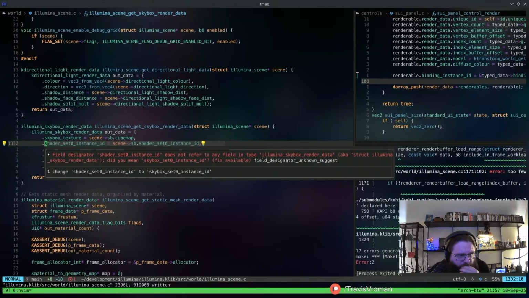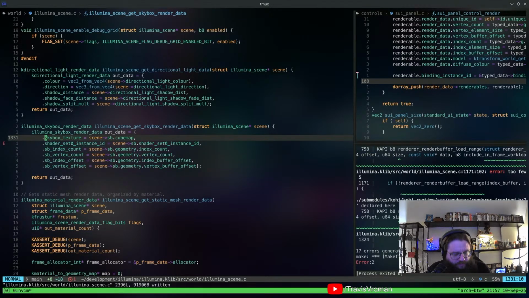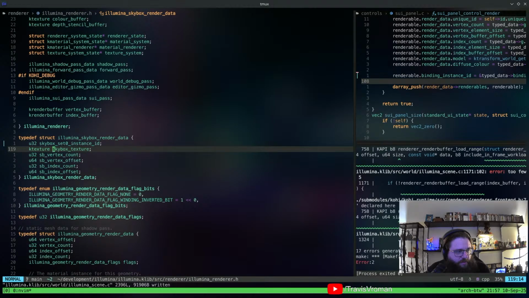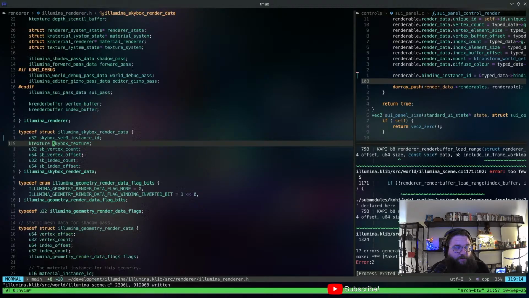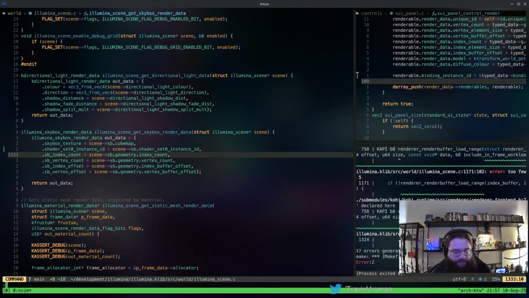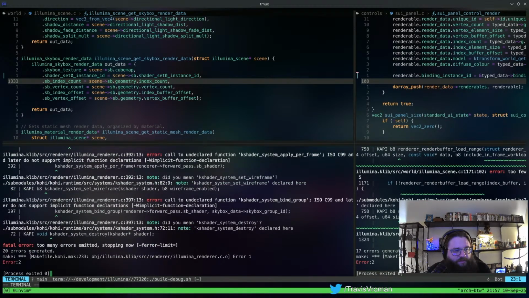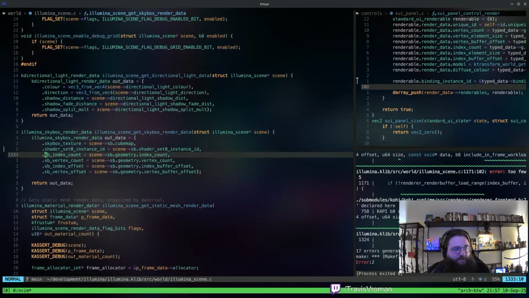What? Set 0 instance ID. What the hell did I call it? Oh, shader. Yeah, this should be shader. There we go. Okay. Wow, that's really it for here. Okay. That wasn't too bad, actually. Like I said, I think the renderer is probably going to take... Yeah, it just gave up reporting the errors. That does not surprise me.